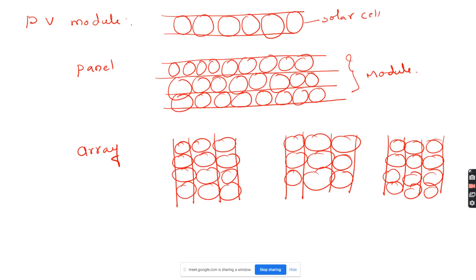A panel is made of these modules connected either in parallel or in series to get a high efficiency current. Then further, in order to increase the output, we create a photovoltaic array. It is a complete power generating unit, consisting of a large number of photovoltaic